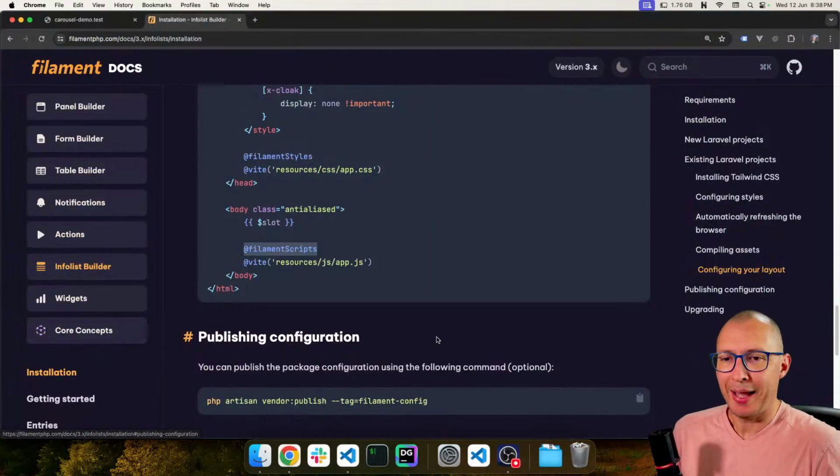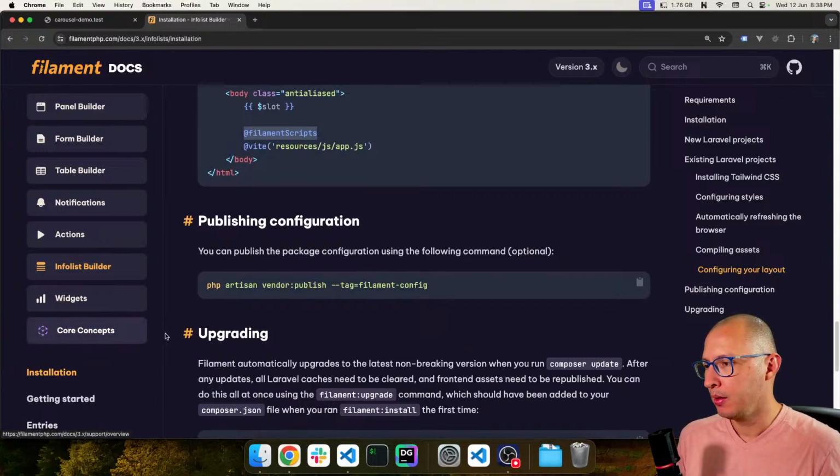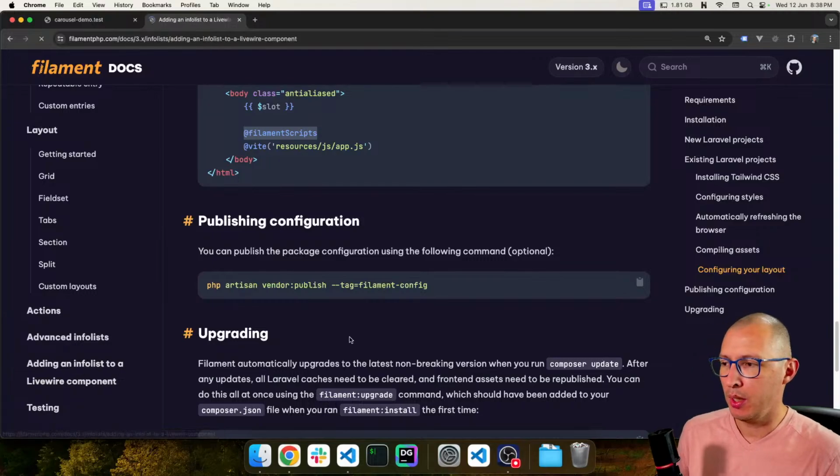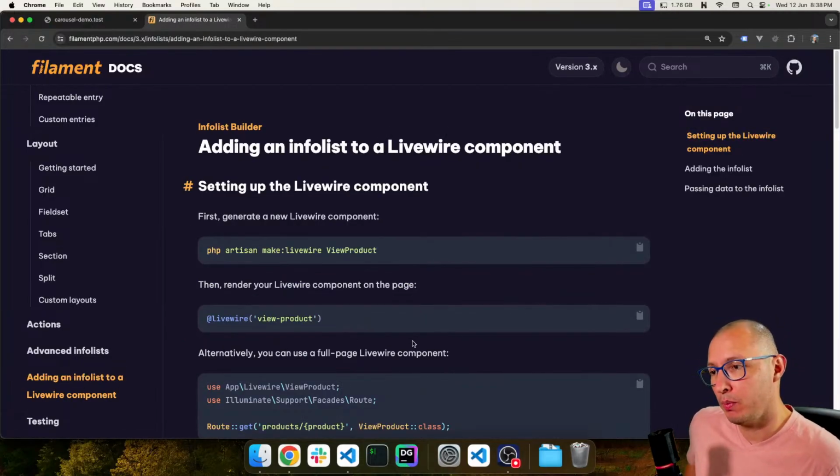And to add an Infolist component to a Livewire component,